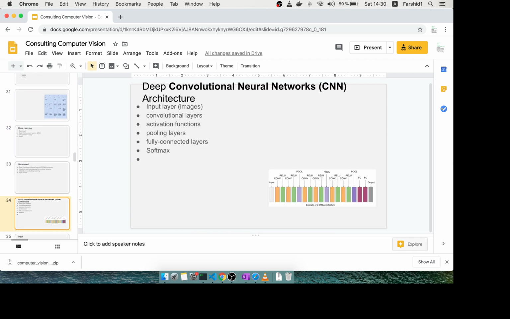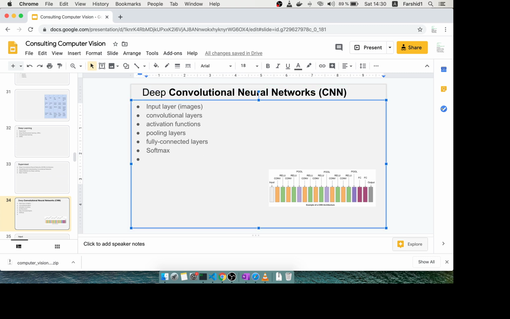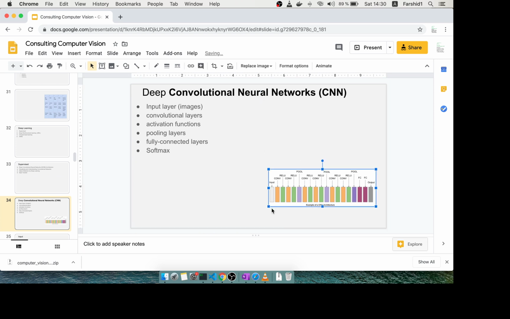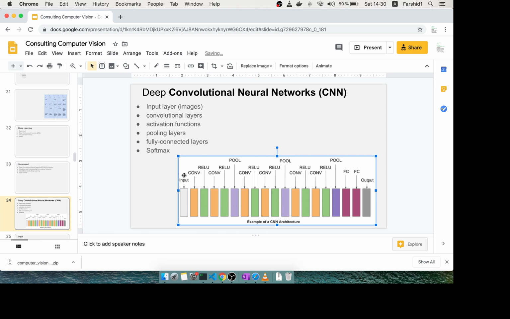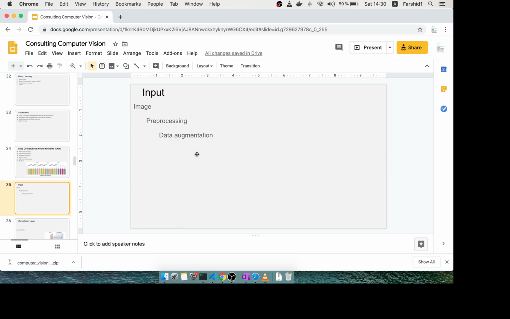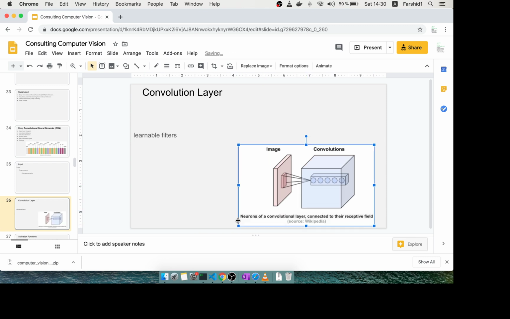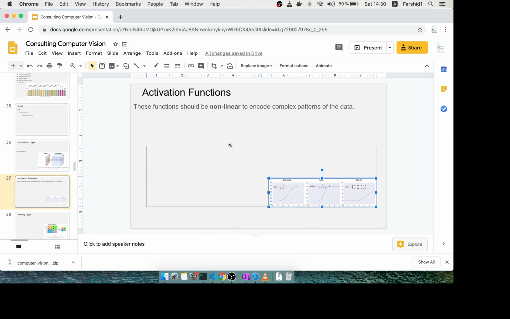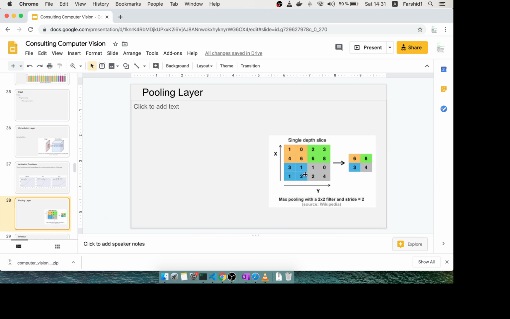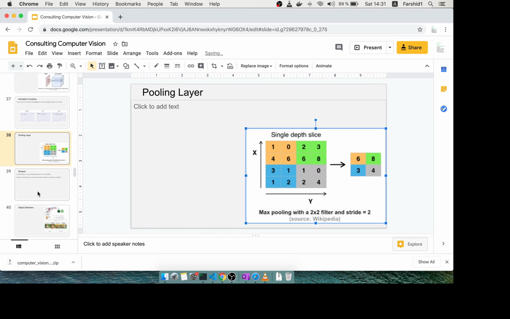For the supervised, we explained this. Then input, some preprocessing and data augmentation, convolutional layer, activation function, max pooling, dropout,